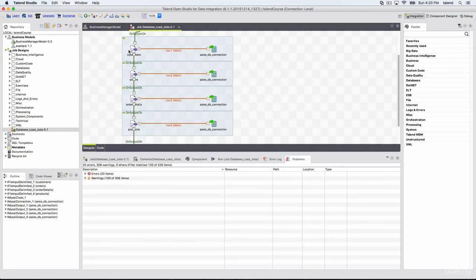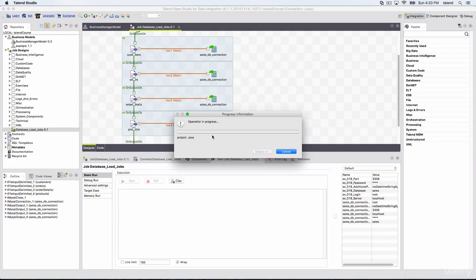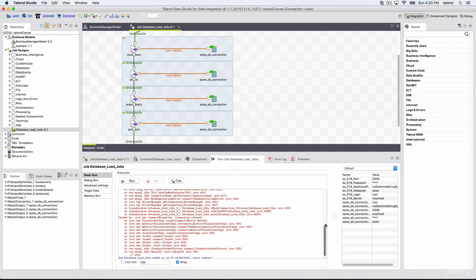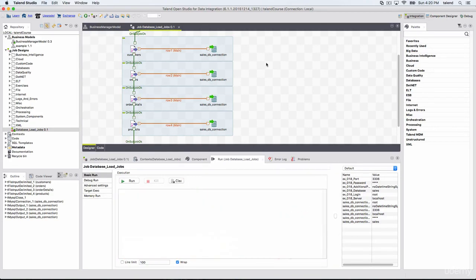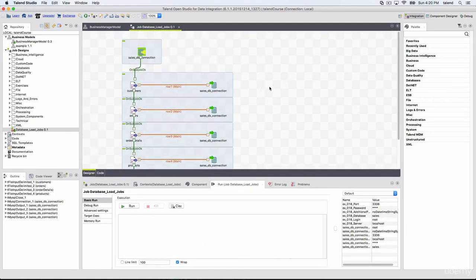So let me run it. It will build it. Yeah, so the problem is with my SQL Server. I didn't switch it on, so that's why it is not running.